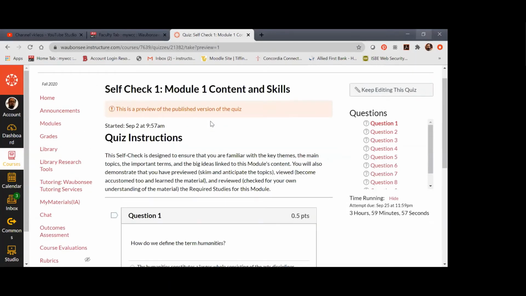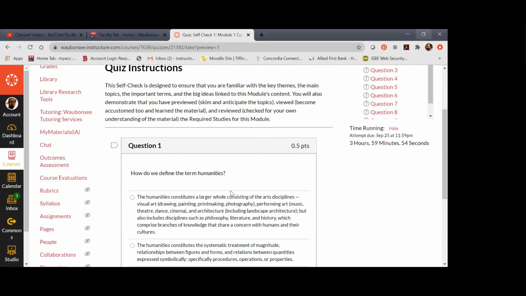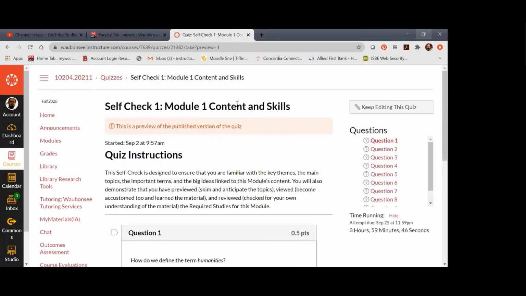It's mostly concepts from the textbook, although sometimes it pulls from those other required studies. And you have 4 hours to take the quiz, and you have multiple chances. So if you mess up, you can go back and try again. Then the next thing you're to do